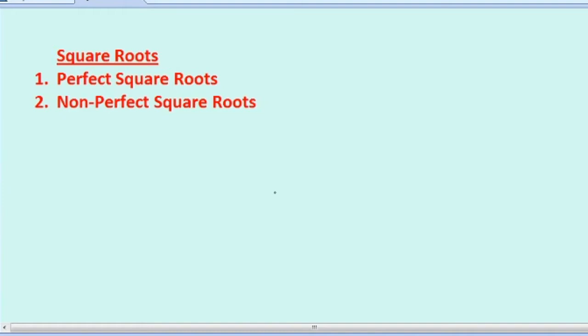Many people don't know how to take out the value of square roots. So in this class I am going to explain the concept of square root, the meaning of square root, the types of square root, and how to find the square roots by the division method. Plus, in the end I will teach you the shortcut tricks where you can find square roots very easily.